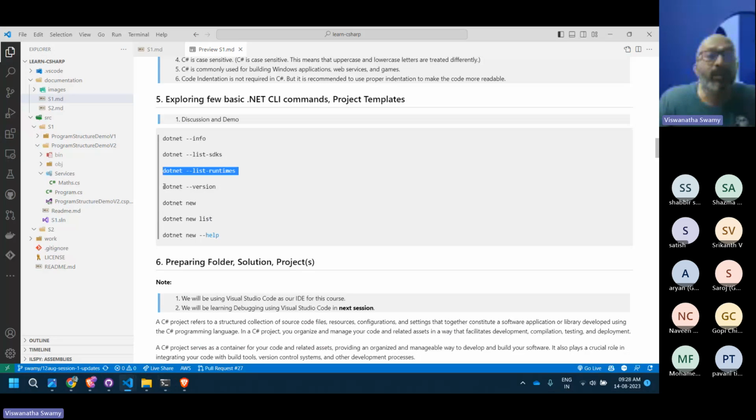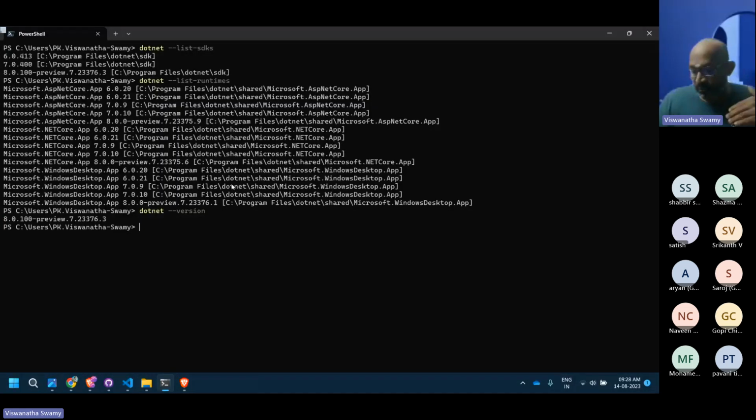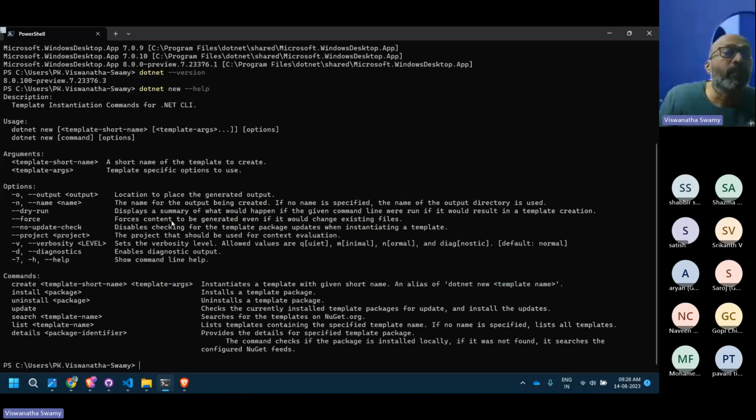And when we do dotnet version, it shows what version is taken by default when you create any console application or any application using the .NET CLI. Suppose you want to override that, I'll explain in the next session, we can specify the framework version. What framework should it consider?